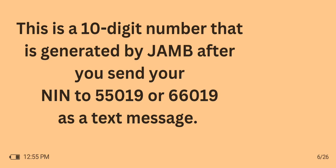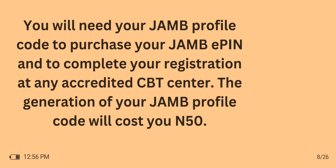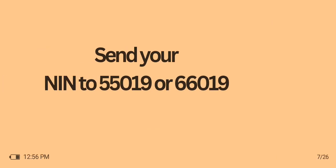Your profile code is a 10-digit number that is generated by JAMB after you send your NIN. For you to generate your profile code, you need to send your NIN to 55019 or 66019 as a text message. Just get your phone now, whether a smartphone or a phone that is not so smart. Then that's your NIN I talked about in number 1, that 11-digit number. Send it as a message with your phone. You will need your JAMB profile code to purchase your JAMB EP. So without this JAMB profile code,